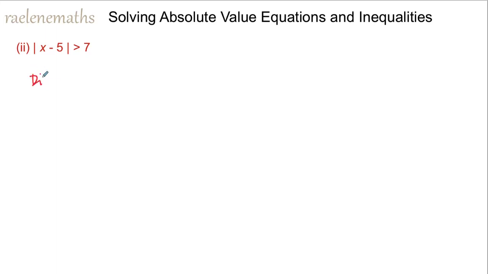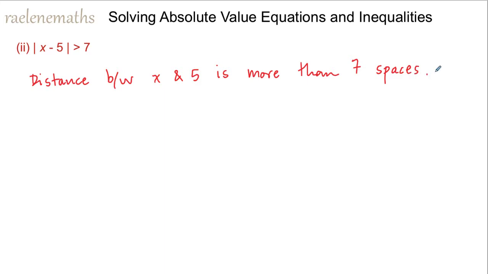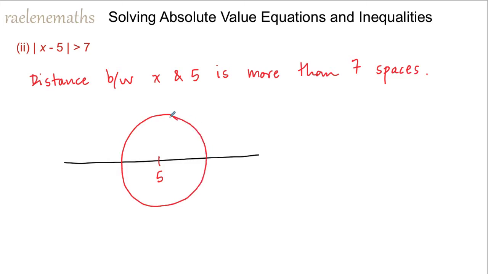Here this says that the distance between x and 5 is more than 7 spaces. And so we can read that from the point of view of x, which is to say x is more than 7 spaces away from 5. So on our number line, we could still look at a center of 5. We could look at a circle of radius 7. I'm going to move my circle over a little bit. My circle of radius 7 here